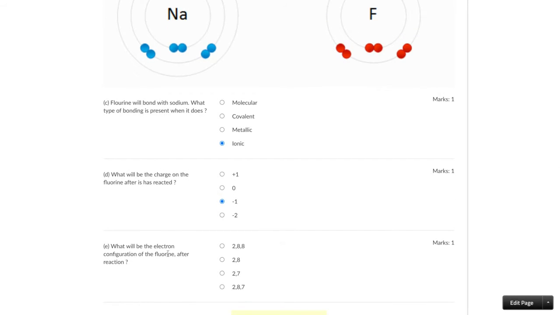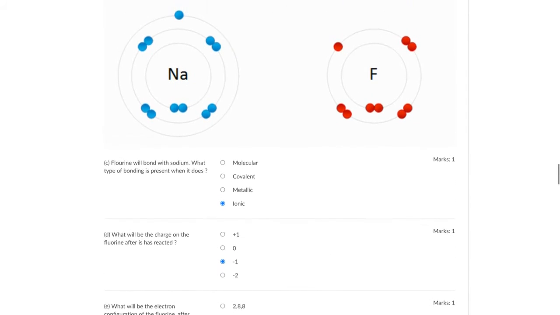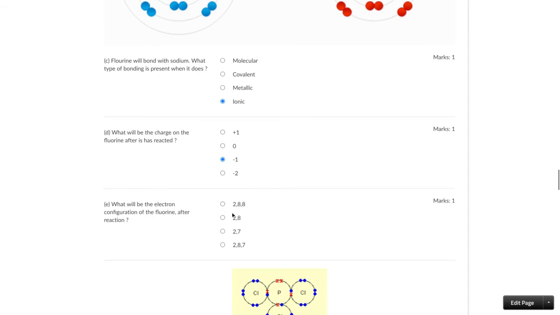In gaining that electron, what it's tried to do is fill up the outer shell. 2 shells. First shell has 2 electrons in it. Second shell had 7 to start with, but obviously it's gained this outer 8th electron here, giving us 2 electrons in the first shell and 8 electrons in the ion after it's reacted. And so we've got 2,8 after reaction. This is the key point here. This is after reaction. Starts as 2,7,